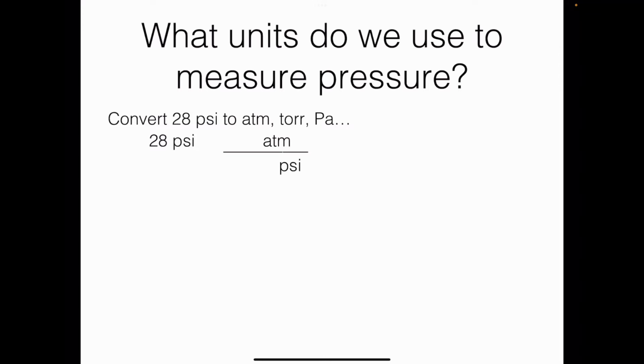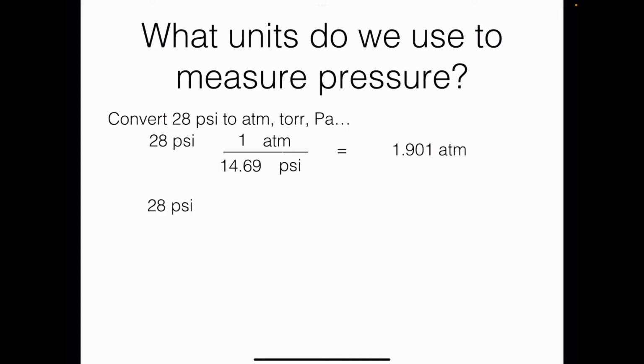And I know, based on the previous slide, that the conversion factor here is that 1 ATM equals 14.69 psi. So if you've lined out the units, all you have to do is pair those numbers with the correct units in your conversion factor. At this point, I can stop converting because I've reached my desired units of ATM. PSI cancel out. And when I plug this in my calculator, the 14.69 is on the bottom, so I'm dividing 28 by 14.69, and as a result, I get 1.901